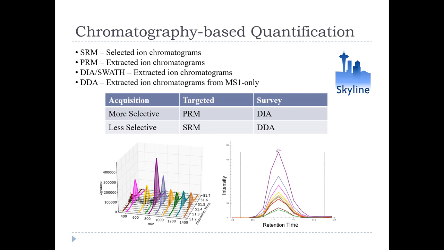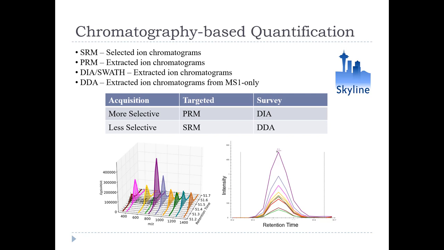I think of them in this little 2x2 grid where we have targeted methods, and so PRM and SRM are targeted methods. They require you pretty much to tell the mass spectrometer what you want to measure. Before you start the experiment, you have to give the mass spectrometer a set of targets, and Skyline's really good at doing that, supplying that information to the mass spectrometer. And then I think of survey methods like DIA and DDA, where you set up the mass spectrometer, you run it,